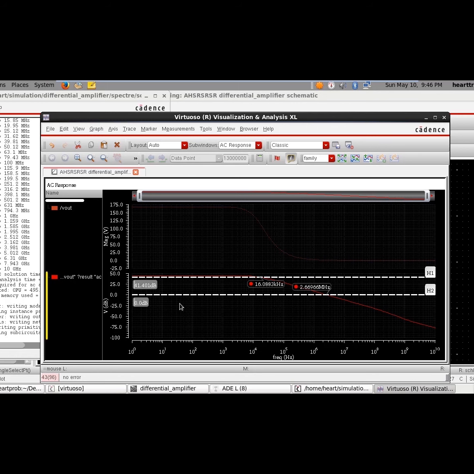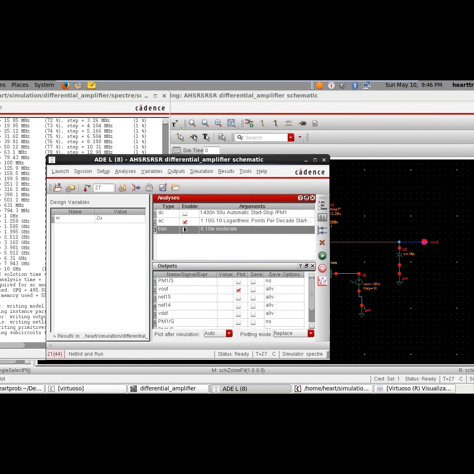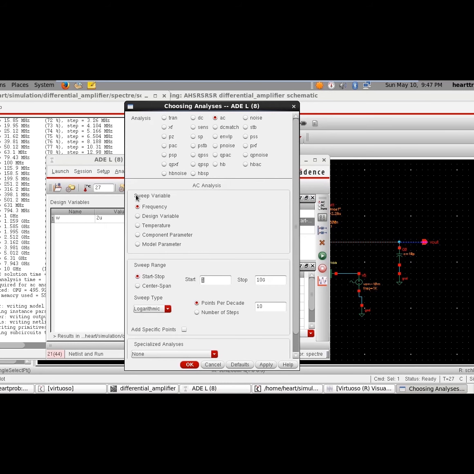So let's run transient now. So for AC, I'll sweep it from 1 to 10 giga. I didn't show that. Logarithmic and 10 points per decade. I'll apply it and run it for AC.